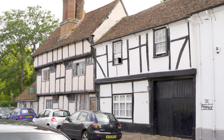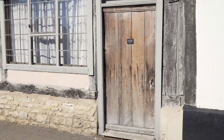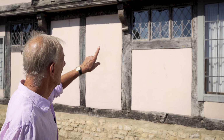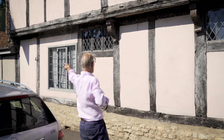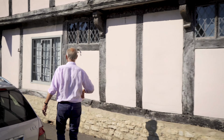The front door is a later insertion. It had no doors on this elevation. And on both floors, it had a whole range of windows for which the evidence is still very clear. You can see one of the smaller windows there, and there. You've got to imagine there was another one, and there was another one. And if you come here,